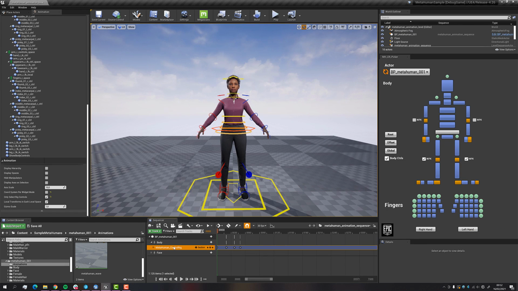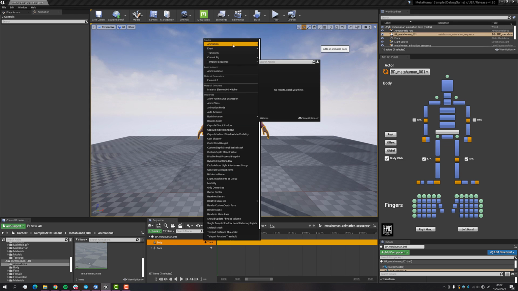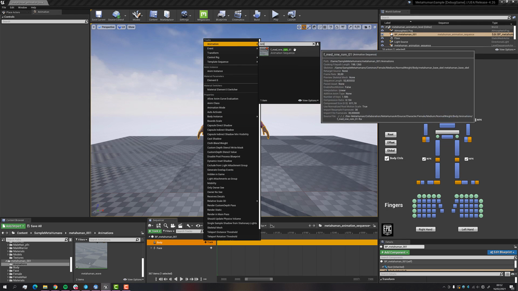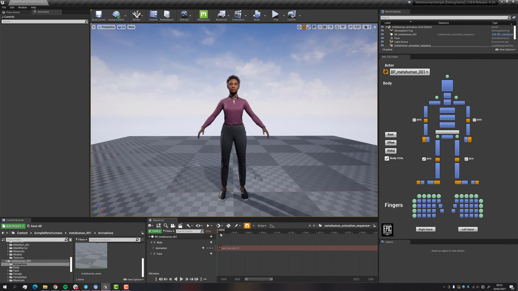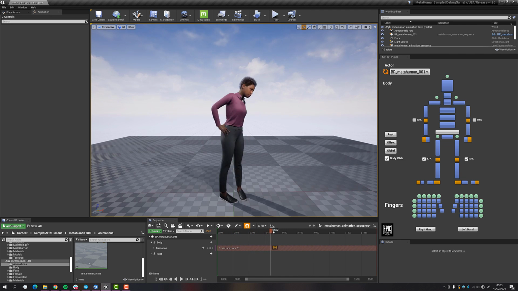This is an example of our ROM animation, which is exported from the skeletal mesh and getting retargeted on the control rig. This is a video we have released a couple of months back, and I highly recommend it for more in-depth knowledge of how to animate the MetaHumans in Sequencer.